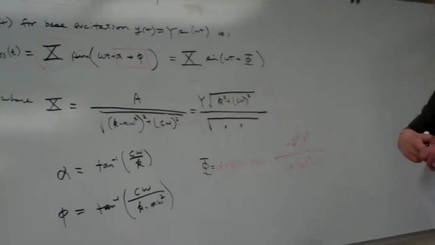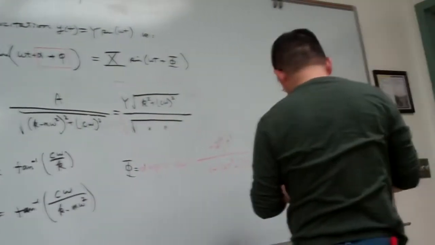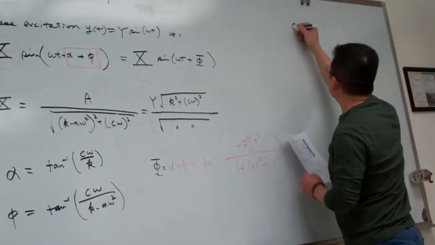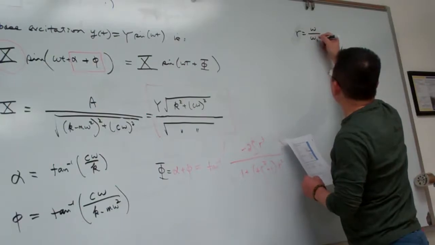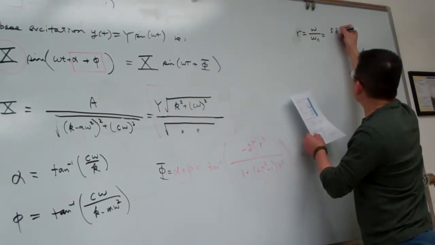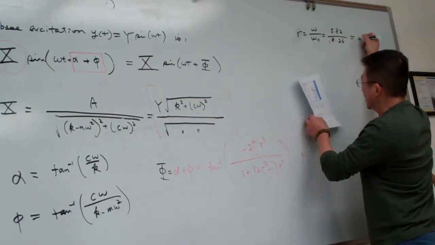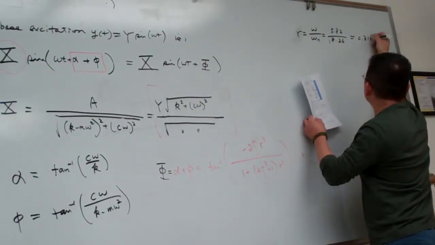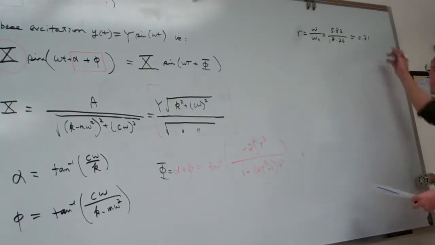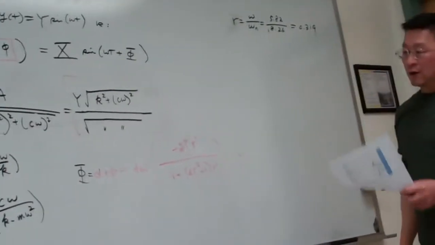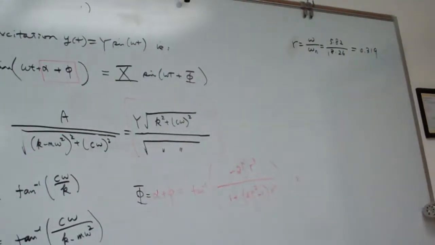So given omega equal to 5.82, omega n equal to 18 point something, therefore r will be equal to omega divided by omega n, equal to 5.82 over 18.26, and that is equal to 0.318, about 0.319. Okay,